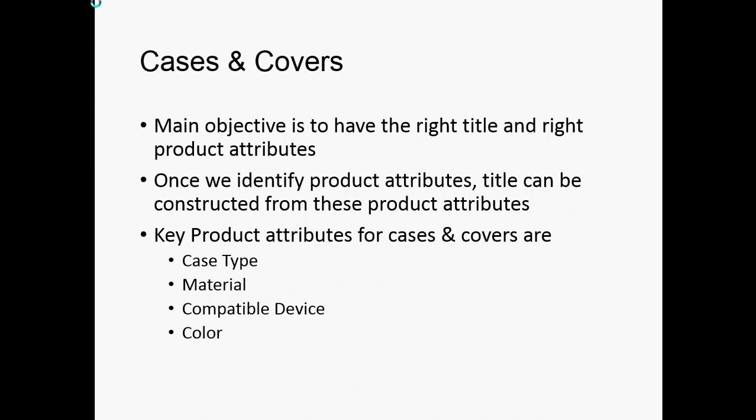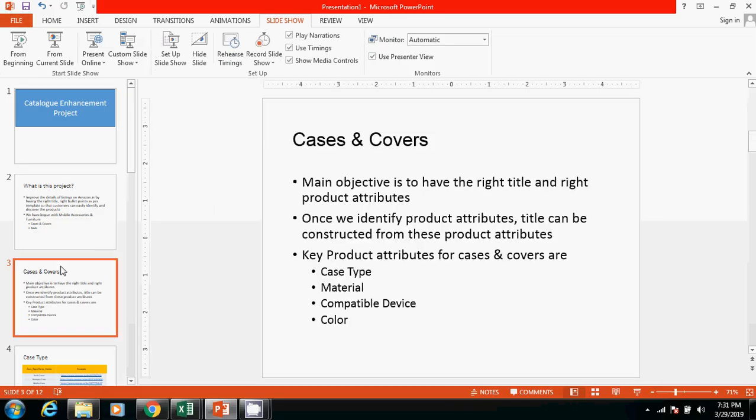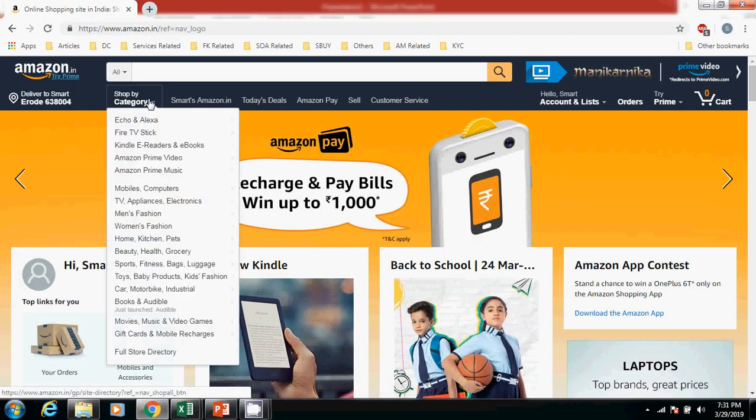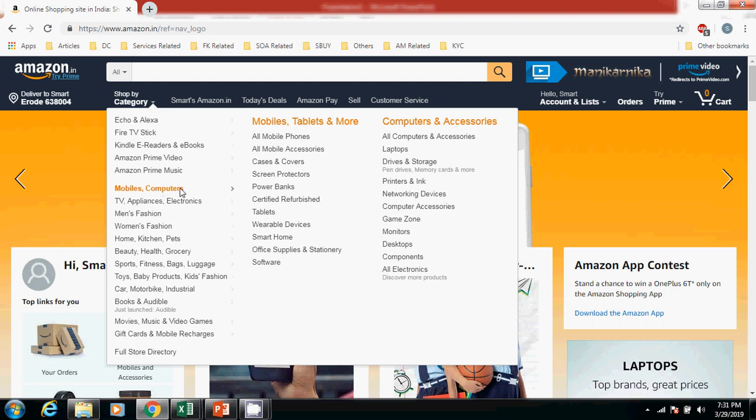Before we get into that, I request everyone who wants to contribute to this project to understand, at a very high level, about cases and covers. The only way to understand is to learn yourself by going through an Amazon page as a customer. Once you click that, there will be a lot of